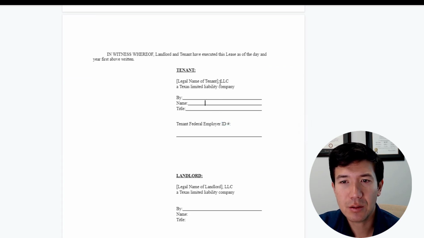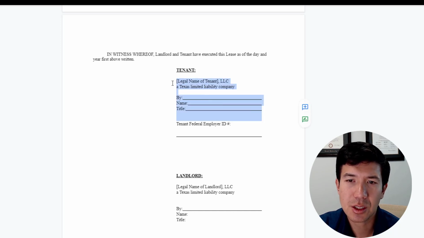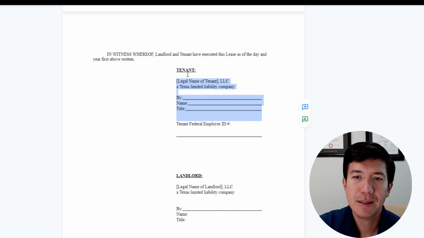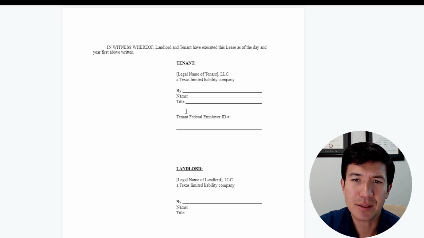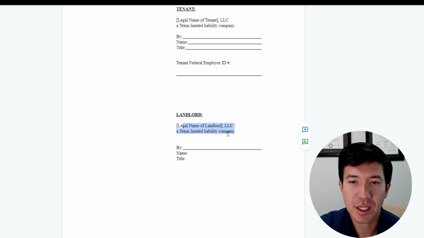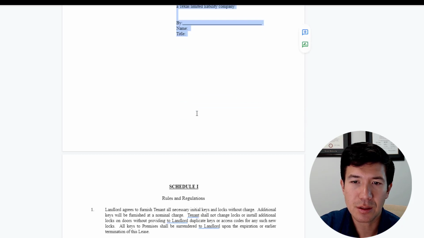Signature pages are separate. LLC, you've got to have this. The signature block is actually pretty critical. For all of our landlords, we do review the tenant formation documents and operating agreement to make sure that this signature block has proper authority to enter into this lease. It's an important issue, because if you're ever in litigation, they can claim that the person signing didn't have authority to bind the company to a lease. For the landlord, again, if you're the tenant side counsel, you want to make sure that the landlord has proper authority, for the deed record owner, but you want to look at some of the operating documents to ensure that the signature block is accurate and they have authority to enter into the lease.